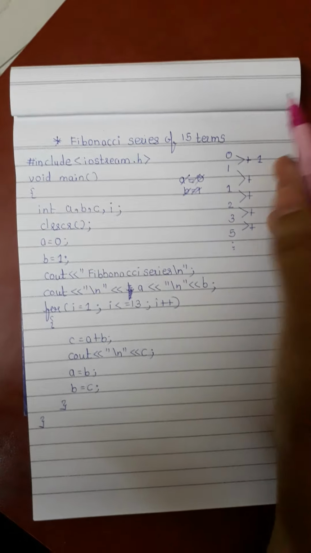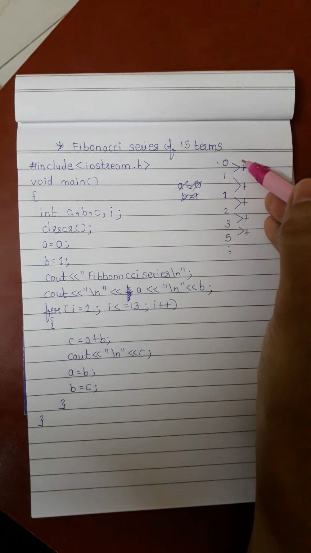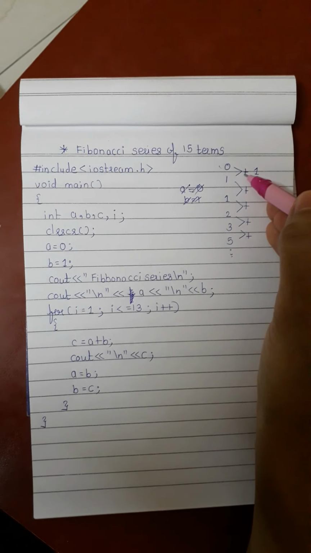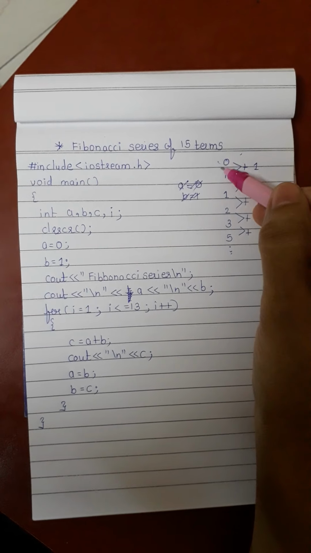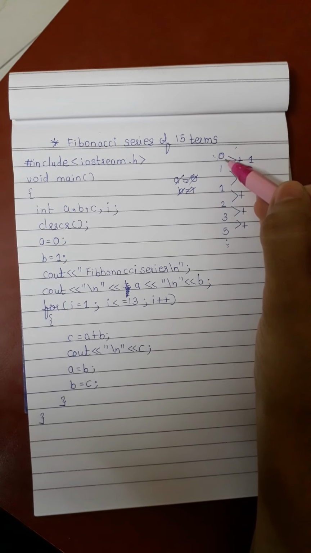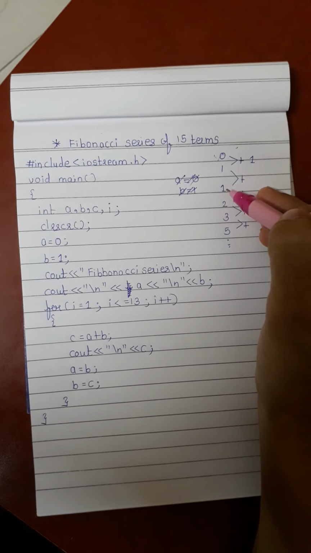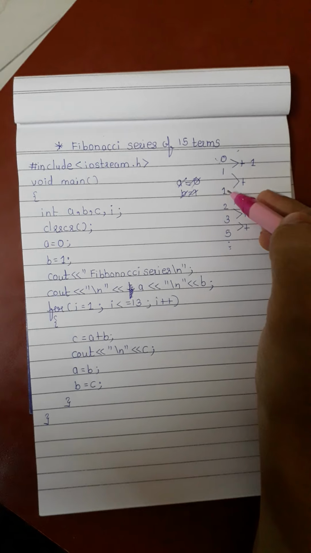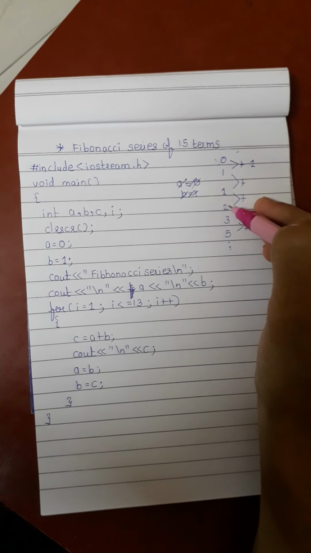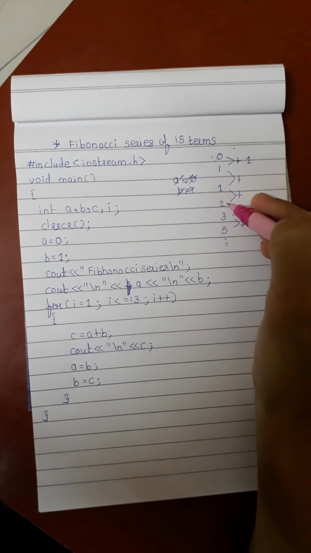So in this question, first we should know what is Fibonacci series. In any Fibonacci series we should have, at the starting, at least two numbers. So now in this example I am considering 0 and 1 as the numbers. So I will add 0 plus 1. What will be the addition of 0 plus 1? 1. So that we will get. Again add the new result and the previous term, that is 1 plus 1 is 2. Again we have to follow this procedure till 15 terms.